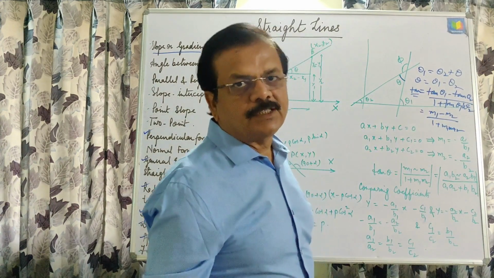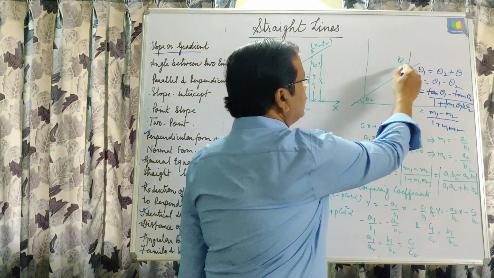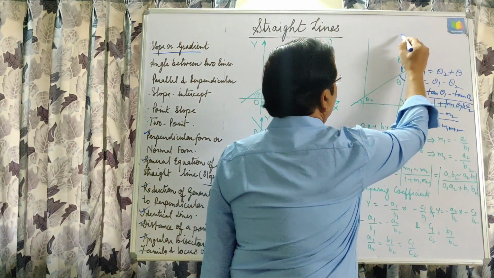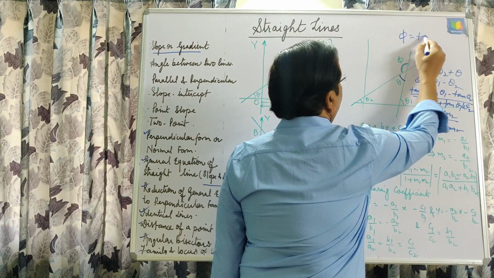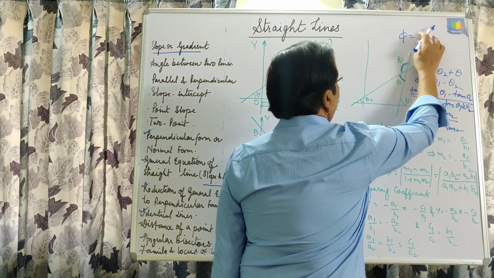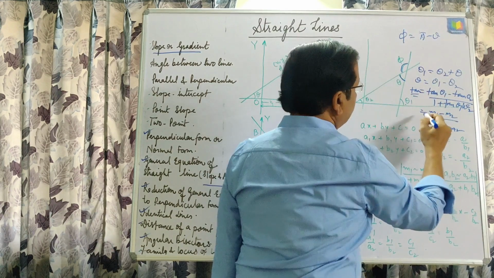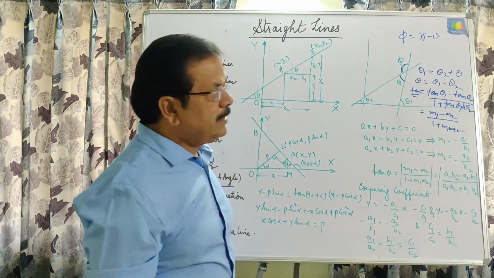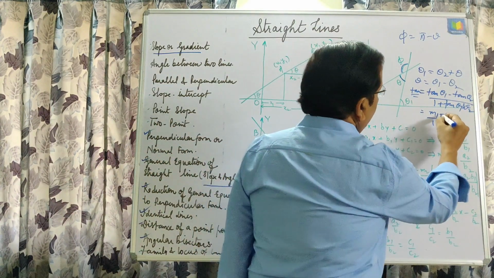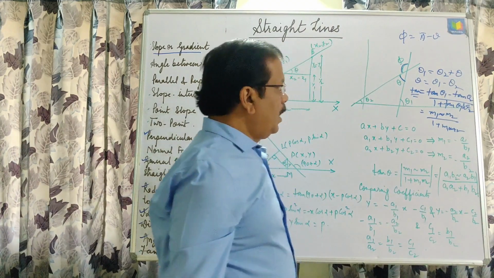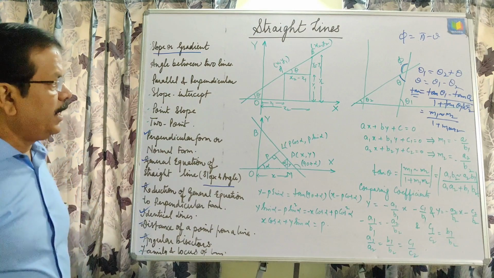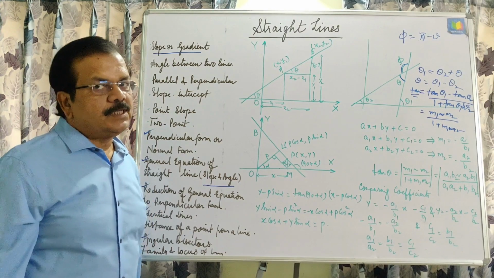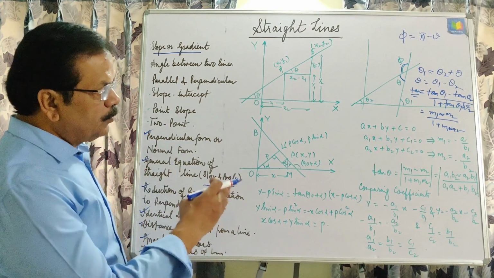This is the angle between these two lines, and if we take this other angle phi, which is also the angle between the lines, then phi is equal to pi minus theta. In this case, once we find this angle, the sign will change, and that is why we write it this way: m1 minus m2 upon 1 plus m1 m2. Now this is the angle between these two lines. Whenever you are given lines, you just find the slopes of those lines and then use this formula.